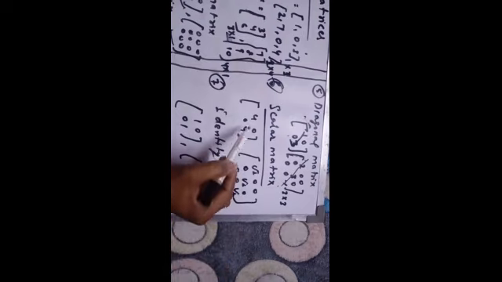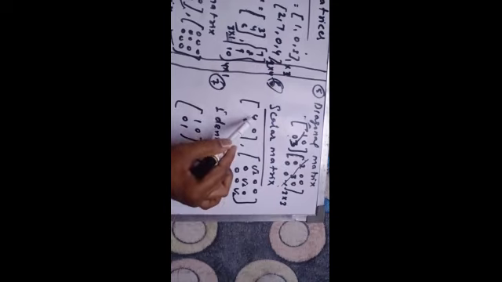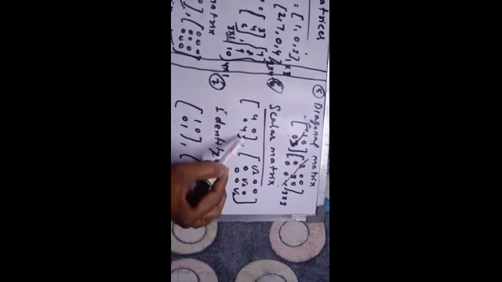Now next, the sixth matrix is known as the scalar matrix. A scalar matrix is again a square matrix, and we will get the elements in diagonal form, but in the diagonal all the elements must be the same. So here we can see 4 0 0 4, it is a diagonal matrix, but these two elements which are coming in the diagonal are the same. So that kind of matrix is known as a scalar matrix.